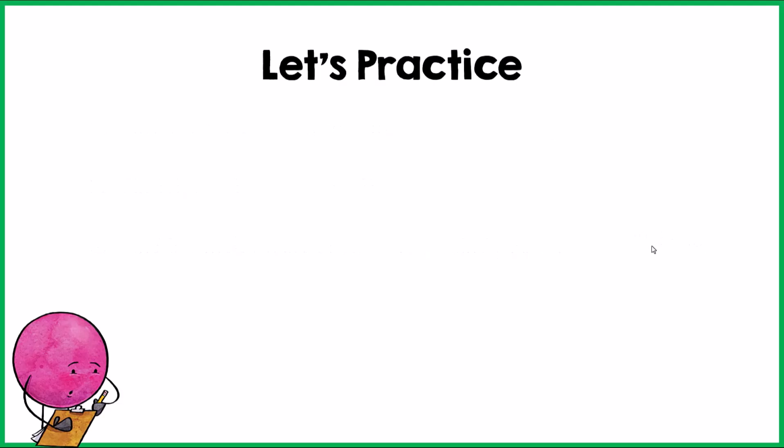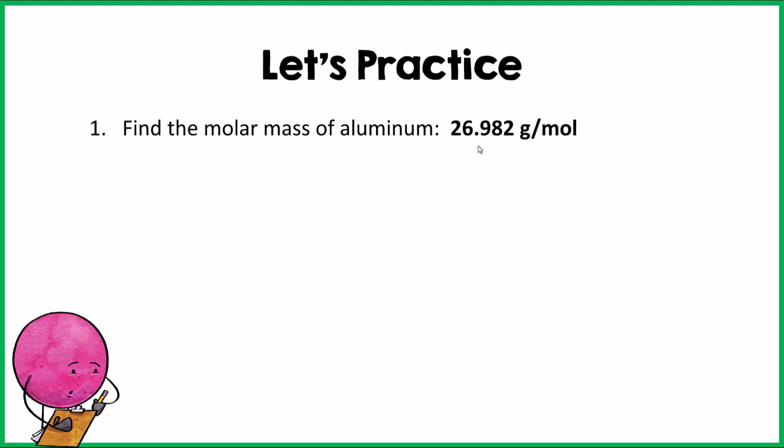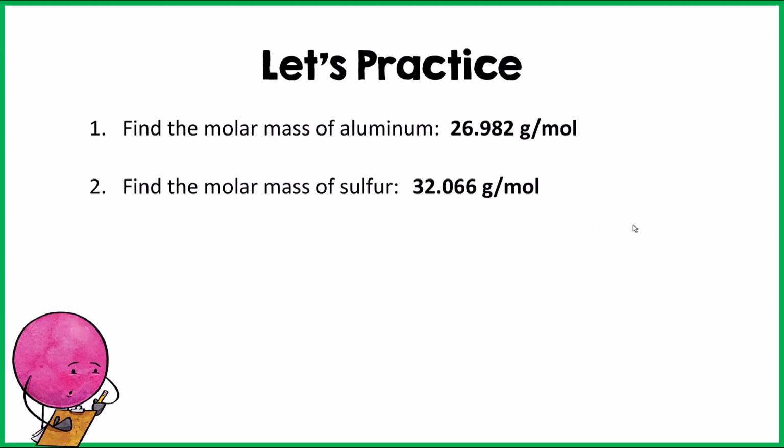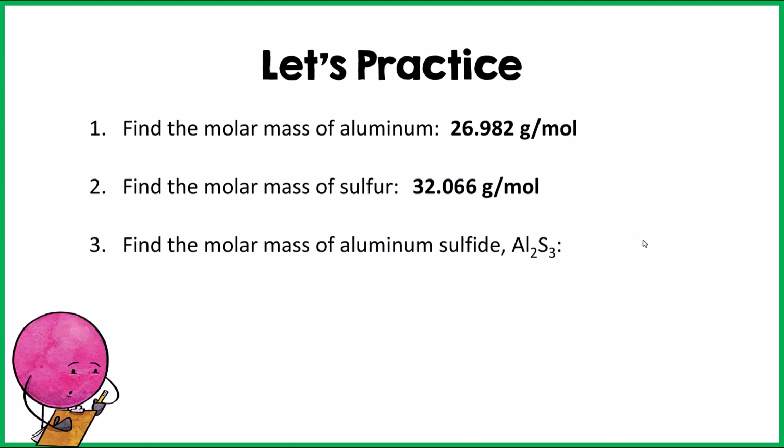Okay. The molar mass of aluminum is 26.982. That came directly off of the periodic table. Molar mass of sulfur is 32.066, again off the periodic table. And the molar mass of aluminum sulfide,